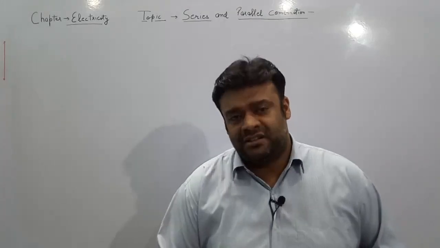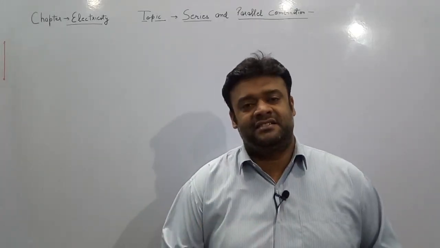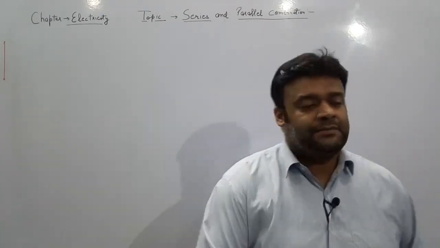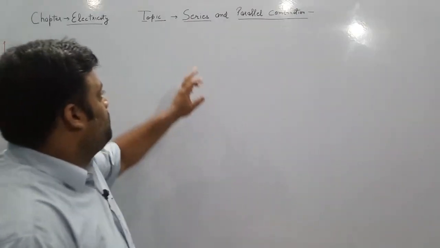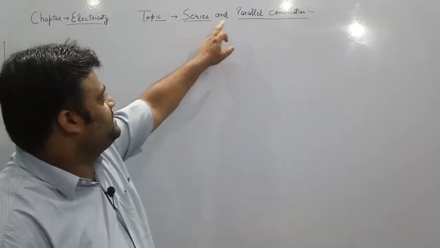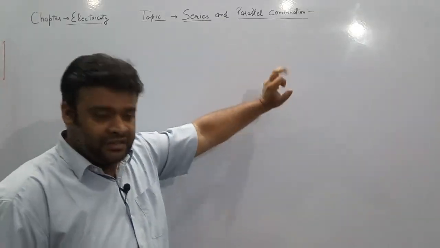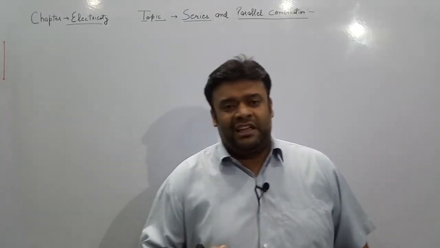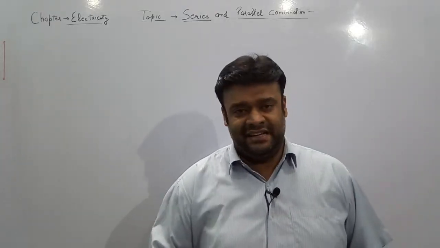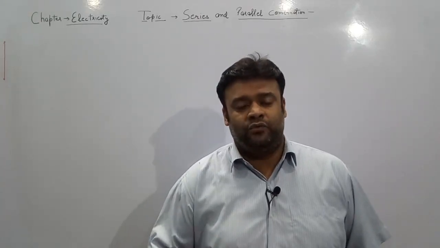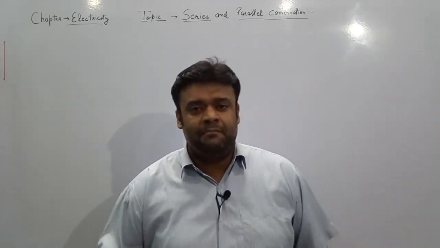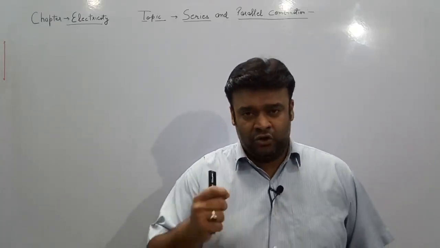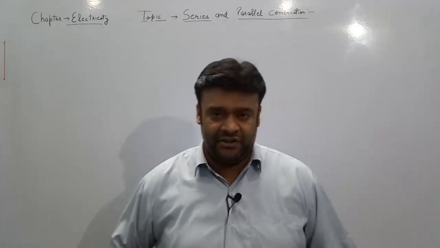We have discussed resistance, that is, resistance is the obstruction or hurdle in the passage of current. So the two types of combination to combine resistances are series and parallel combination. We have to find a formula for equivalent resistance in series, then how to find equivalent resistance in parallel, and then do some combination numericals. So we'll first start with series combination.